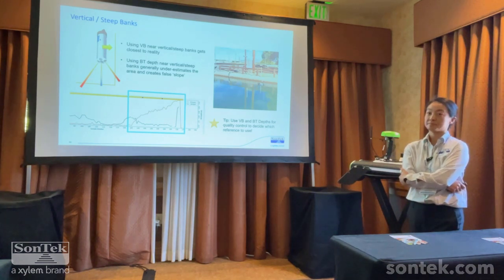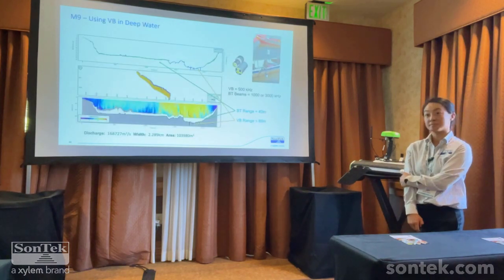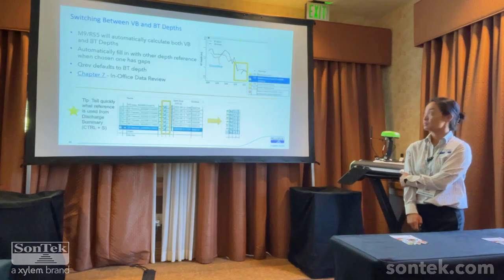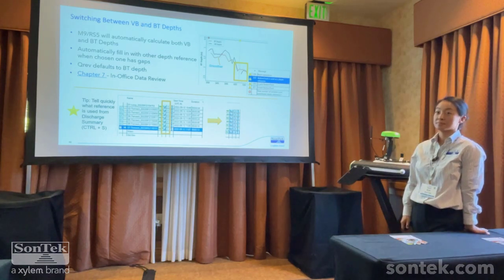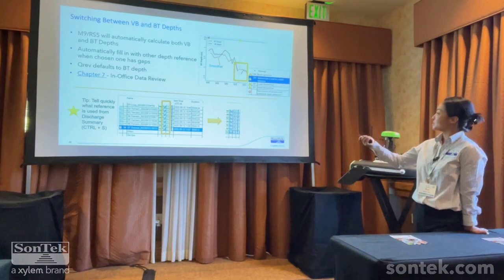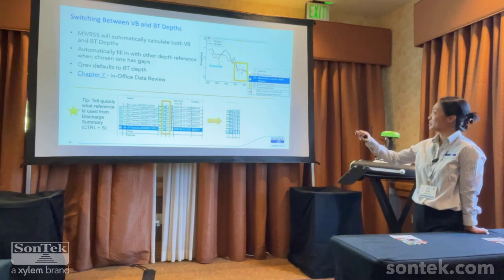Yeah, that's one of my questions for the next slide after this, like the difference between the bottom track and vertical beams, where you have a difference of like 0.5 meters between the two. I'm not sure. I guess it depends on the organization or what your goal is for accuracy. But I guess what you're saying is it's still going to be an accurate measurement, even though you have that big of a difference in depth, because you just said it doesn't affect the velocity measurement. Yeah, and actually, it's hard to see the big picture when you just look